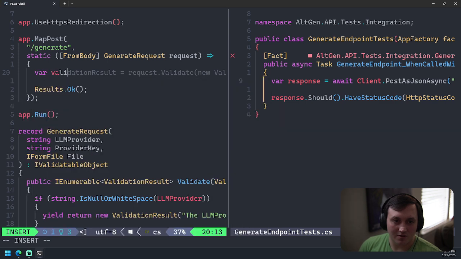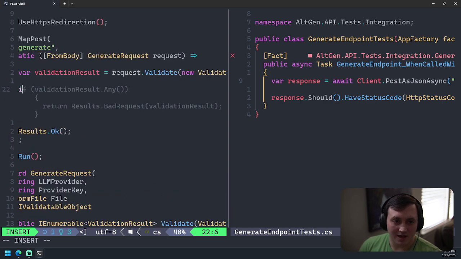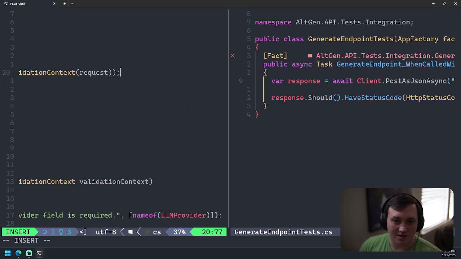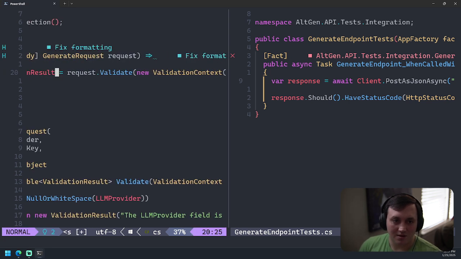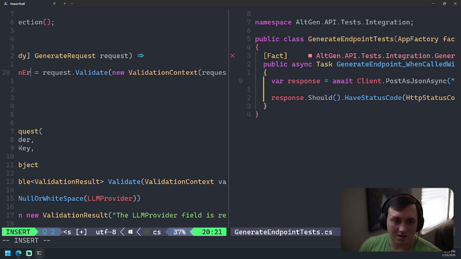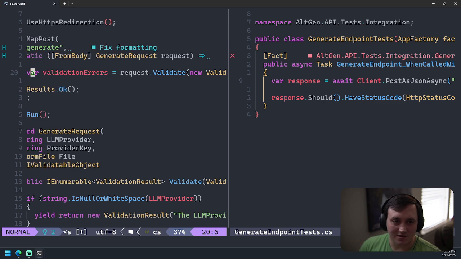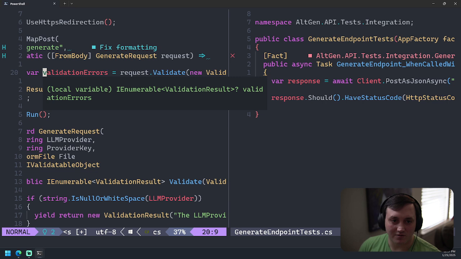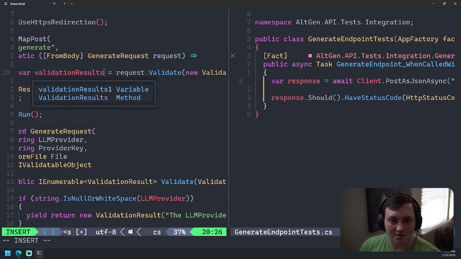var validation result, and then we're going to say if... actually, not validation result, let's say errors. That's what this is. So let's actually call this validation results.